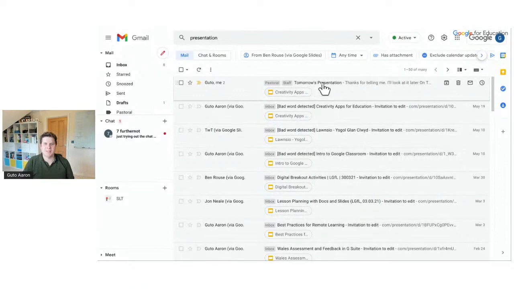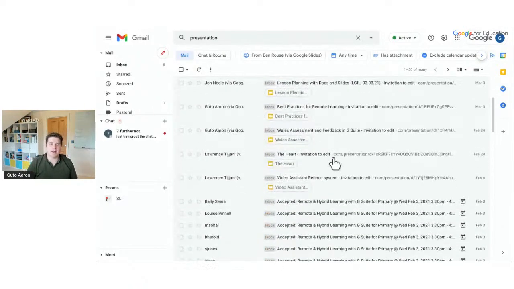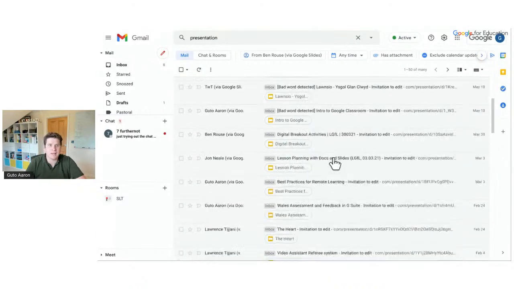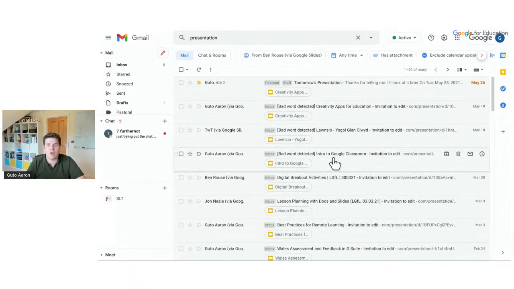Yes, the one that's got tomorrow's presentation on it, but also any email that either has the word presentation in the email itself or even in the attachment. If the attachment is a Google Doc or slide or a sheet, it will have a look through that as well. And to narrow down my search further, once I've searched, it then lets me